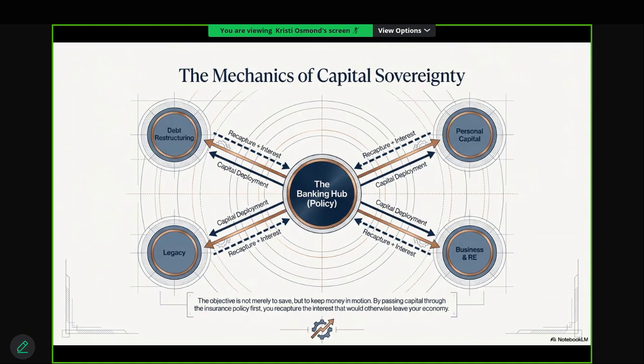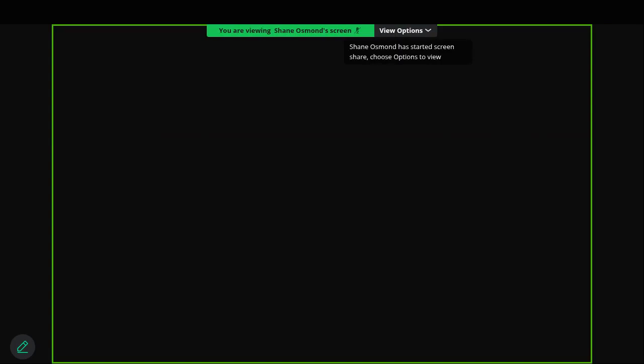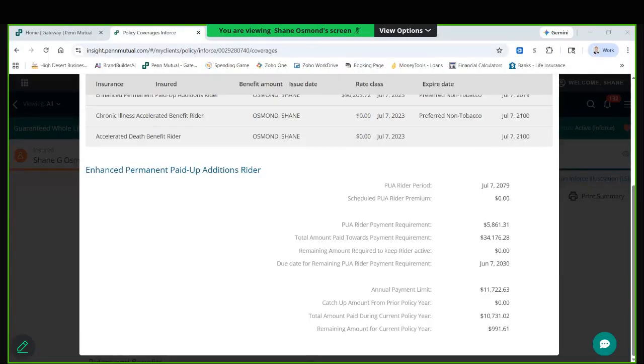So it's half of your amount and it will give you a 5-year time frame. So if you're with Penn Mutual, now if you're with Guardian or Mass Mutual, there's an automatic minimum amount that they have on those as well. And so you'll want to make sure that you're putting in at least the minimal amount. So right here where it says paid up addition rider requirement, this one is